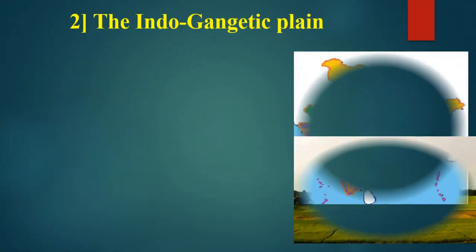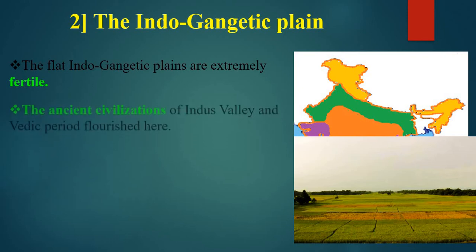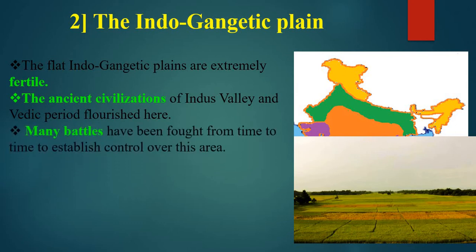So next comes the Indo-Gangetic Plain. We also call that the Indo-Gangetic Plain. The flat Indo-Gangetic plains are extremely fertile. These are the places where the land is very much fertilized, where the crops can be easily grown, and the ancient civilization of Indus Valley and the Vedic period have actually flourished here, because many